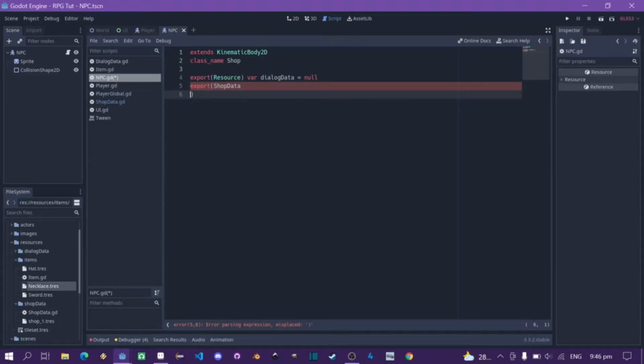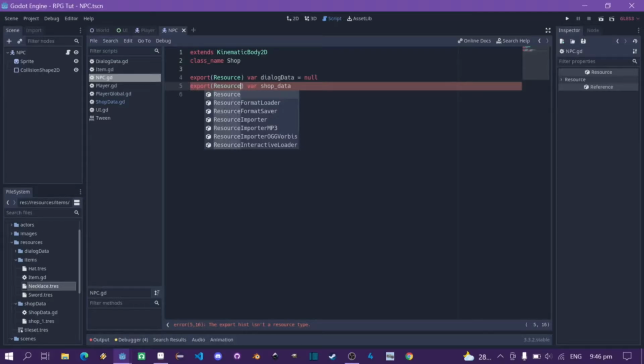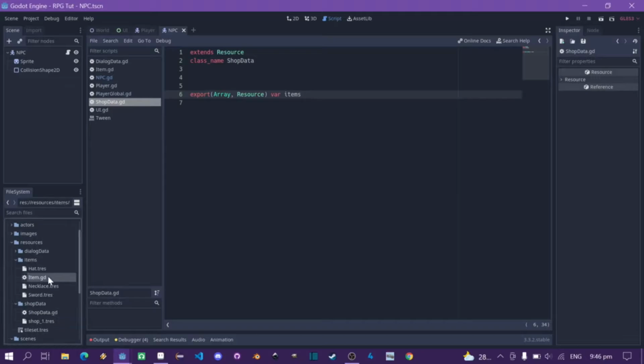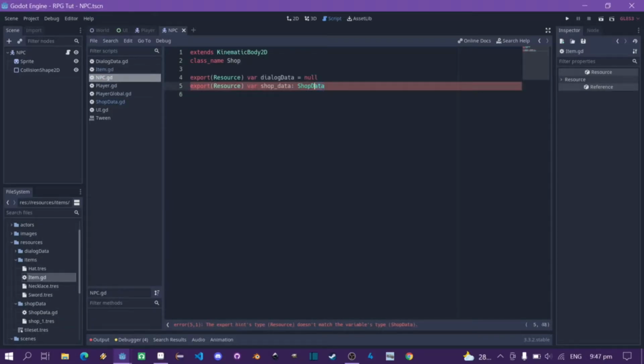shop data for shop data. Okay. Oh no, it was okay. Yeah, you can actually do this shop data, I guess, for safety. No, it doesn't seem to. That's weird. Okay. Well, anyways, just delete it and go back to world